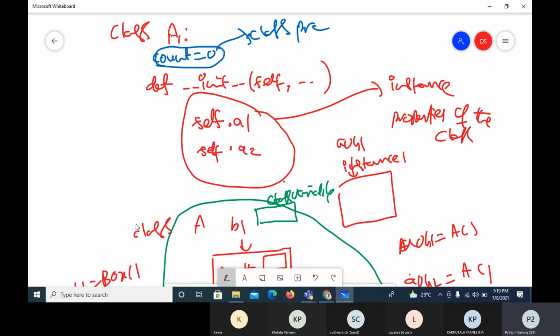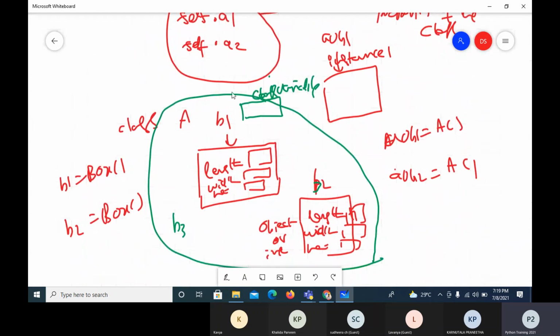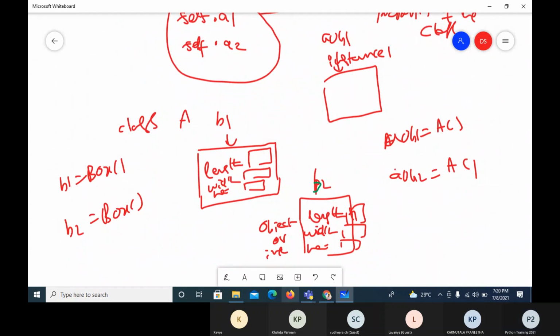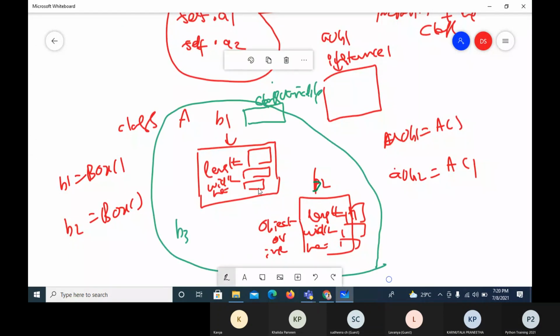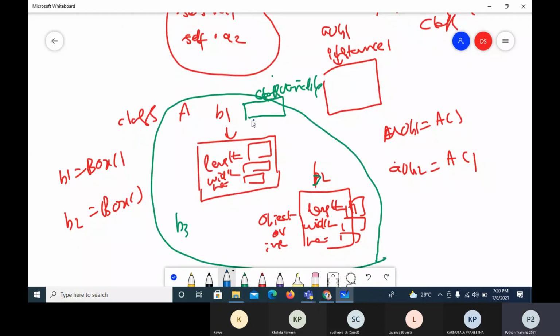So in this particular example there is a count property, and count is a class property, meaning it is class level. For the entire class, only one. Now, instance properties are instance level or object level properties. For every instance, there will be one copy of that.